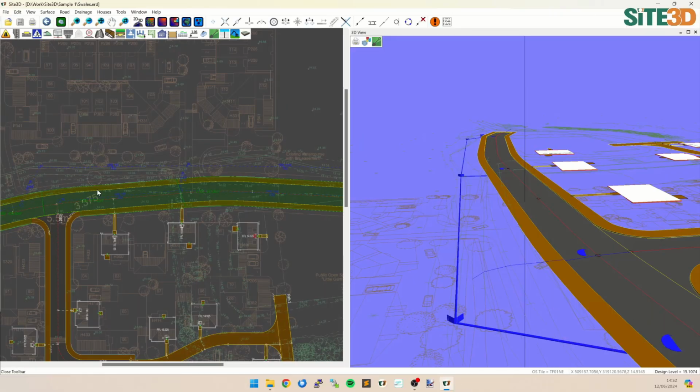So we have our road that we want to drain onto a channel along the side here so that we can infiltrate that water into the surrounding area. To do this, we're going to put in a pipe, which we've already done, and then we're going to convert it into a swale, so an open channel. To do this, we go to the Drainage Tools, Conduit Properties, and select one of the pipes that we want